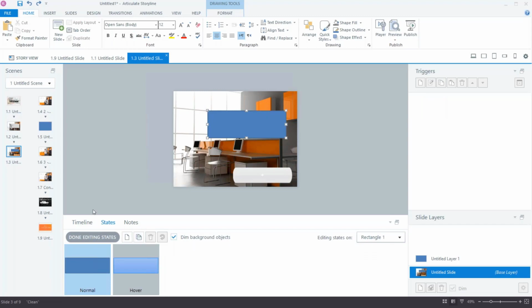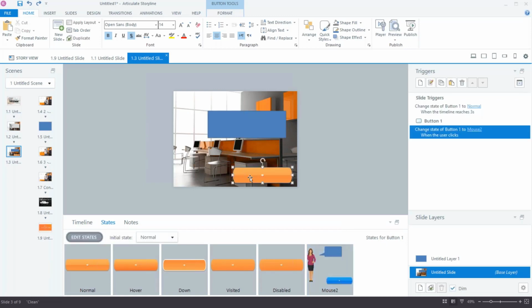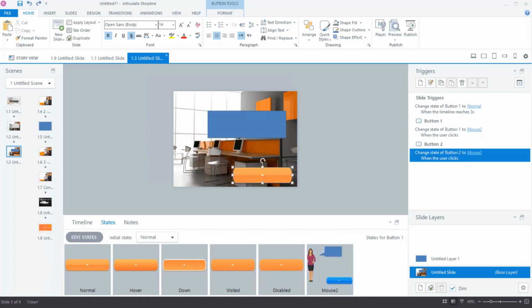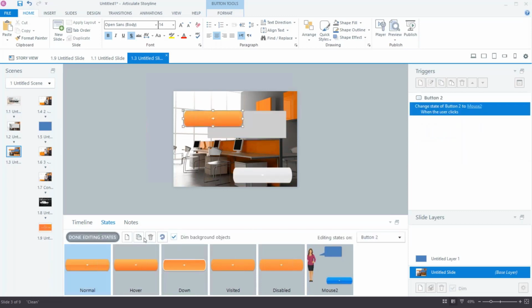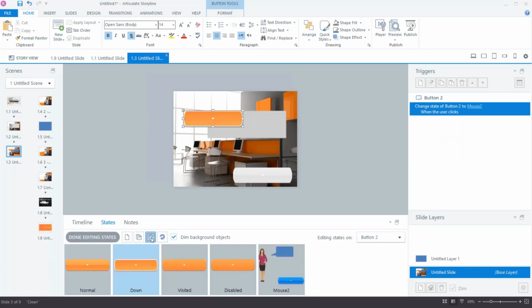But what I can do is I can create that button. So if I'm on this button here and I've got this state, if I just copy that button again or duplicate that button, then I can go in here and edit the states on that one now and get rid of everything except the one state I want.